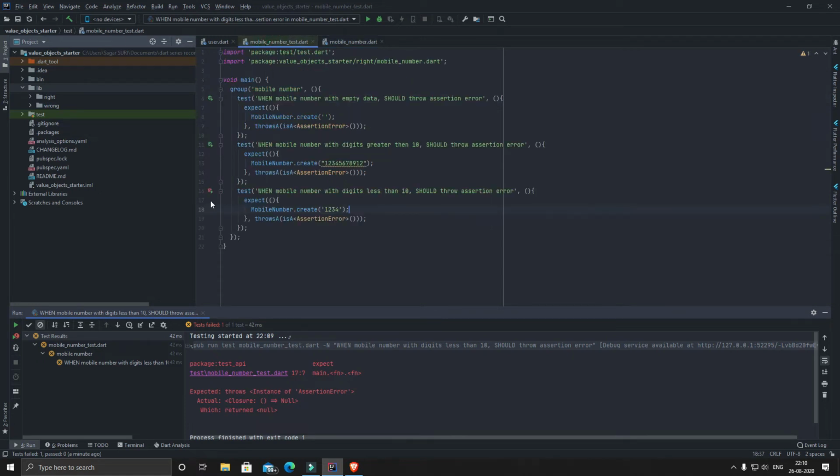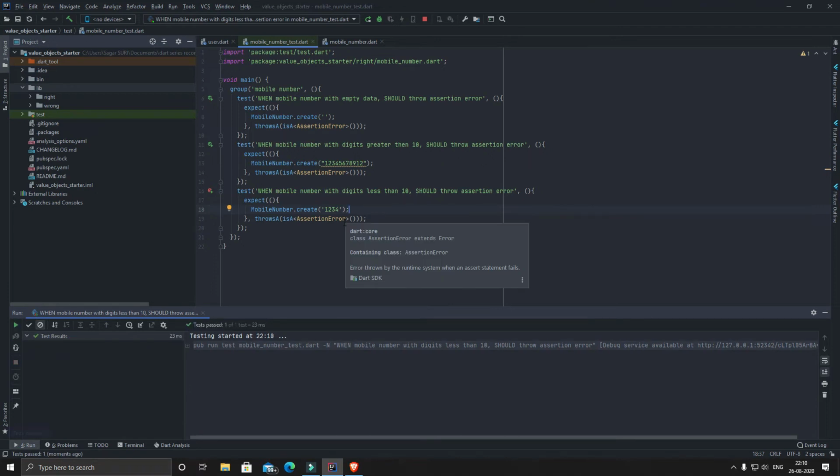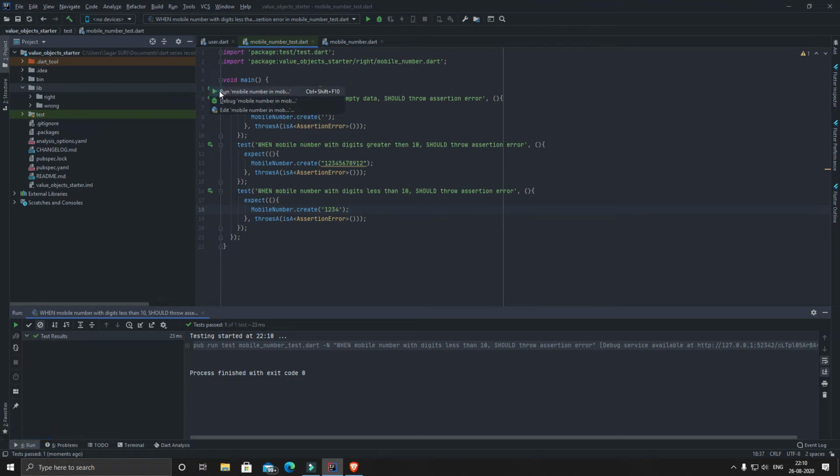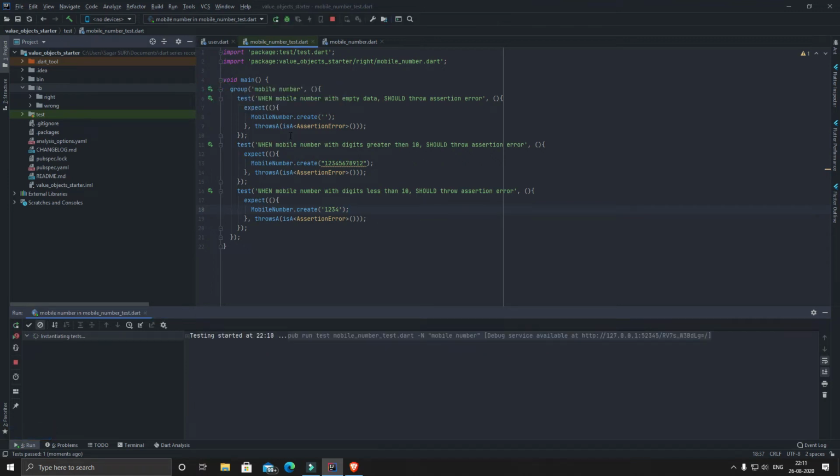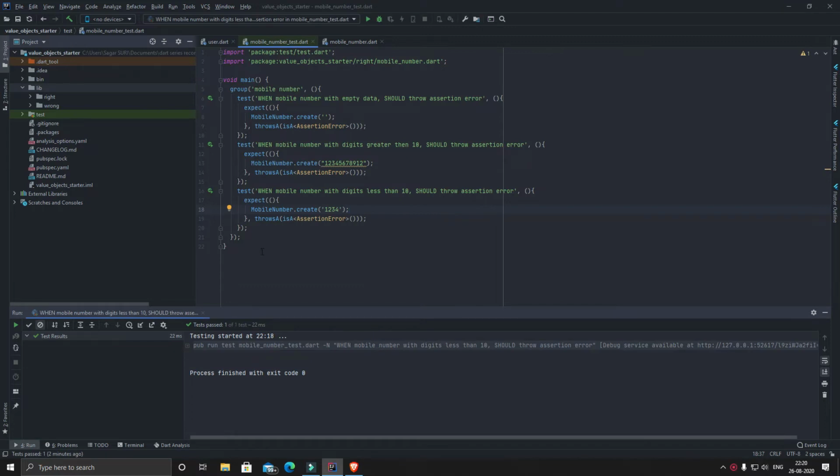Now let me run the test again. And let's see if it passes. Yeah, so it's passing. And we should also make sure that all the test cases that we have previously written should also pass. So as you can see, all the 3 tests are passing and we have not broken the code as of now. So the next test case will check whether the mobile number you are passing as an argument are all digits or not. So let me quickly write another test